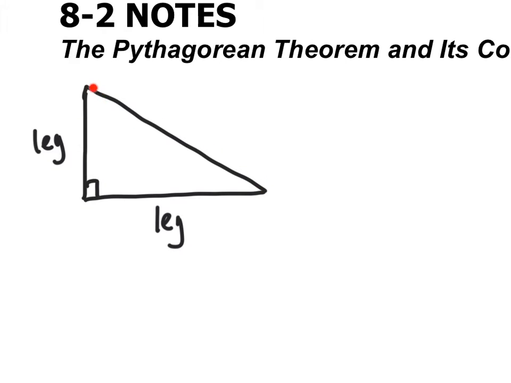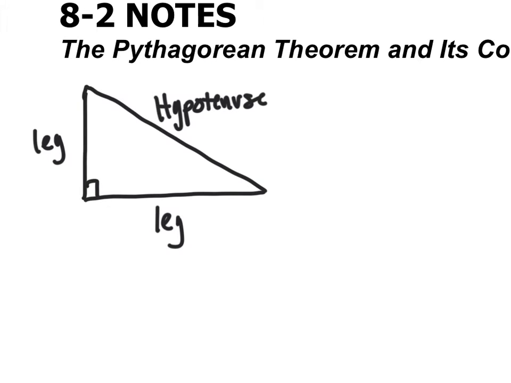And this side is the longest side of a right triangle, and that is always across from my right angle, and I'm going to call this the hypotenuse. Okay, hypotenuse. All right, so in a right triangle, my friend Pythagoras, which is what this theorem is named after,